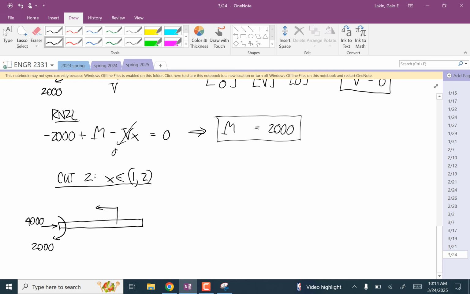But this time we have the 4,000 going this way. And then the internal loads. So Newton's second law says 4,000, 0, plus T negative V